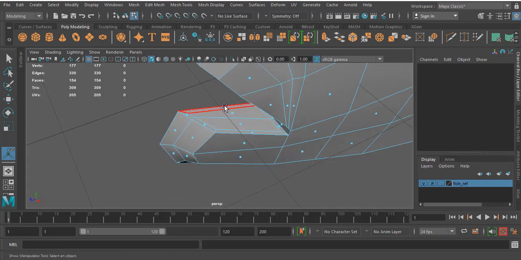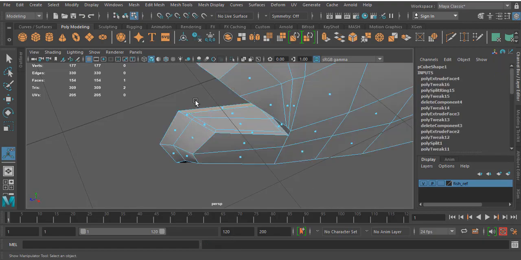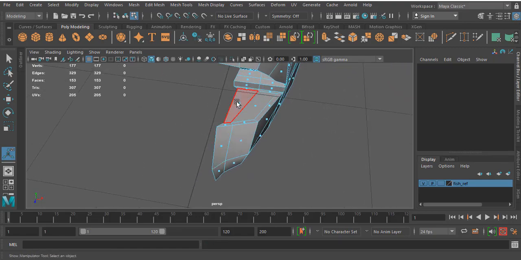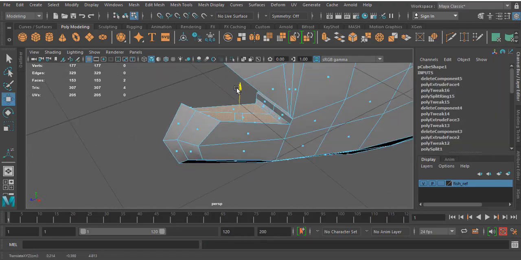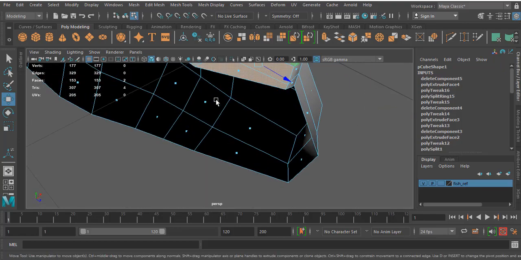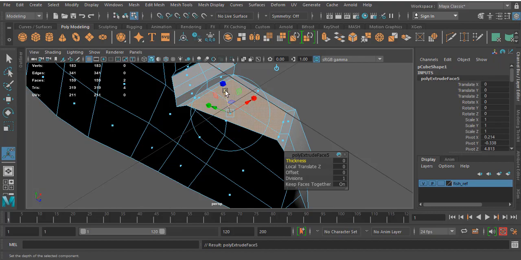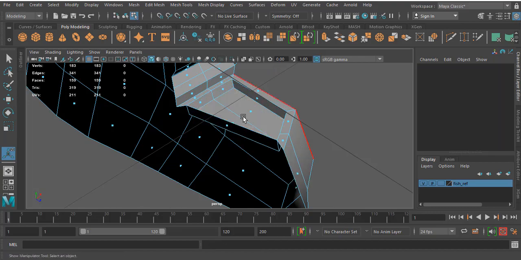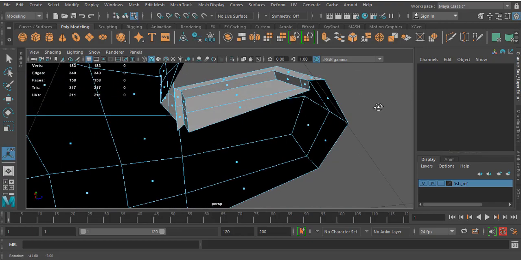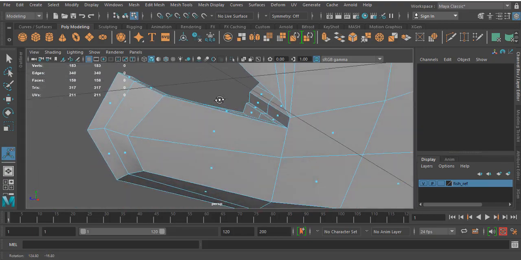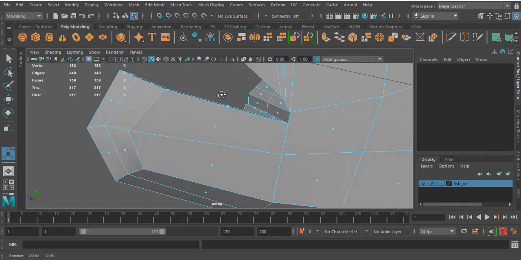Okay, I'll delete this one, and I'll select these faces, just slightly pull it back, or you can go for extrude again, so that will be better I think. Extrude again, just pull it back, you'll get the depth. Delete this face, so your piranha's mouth will have a depth over here.